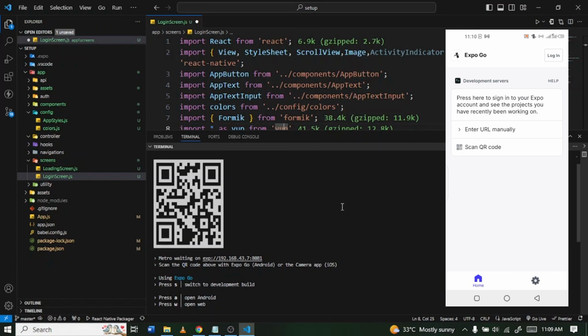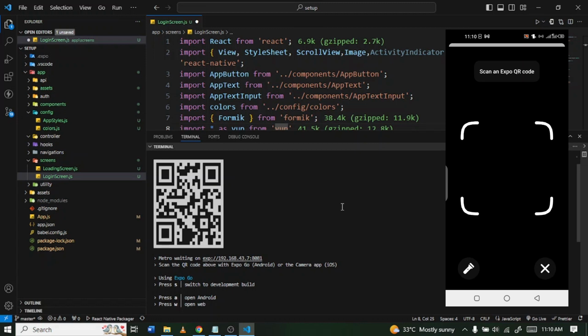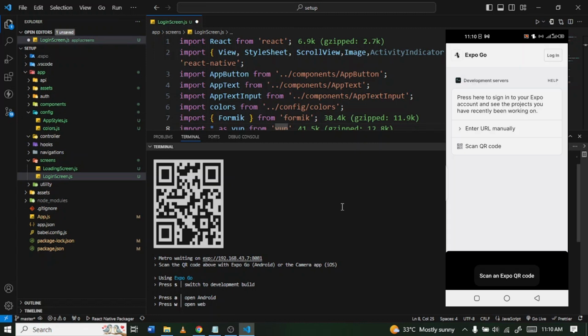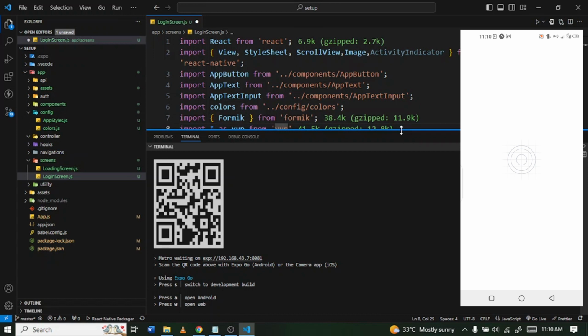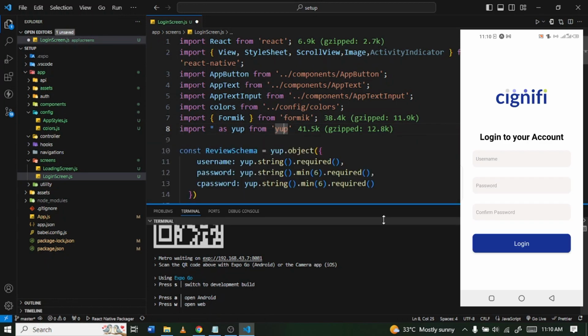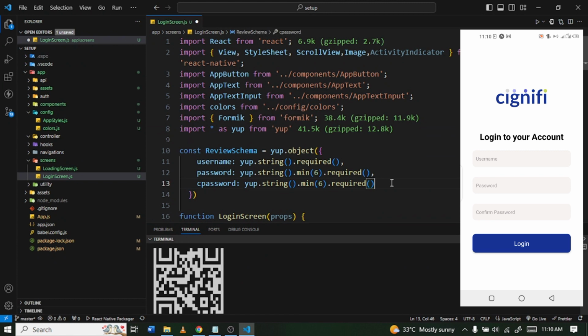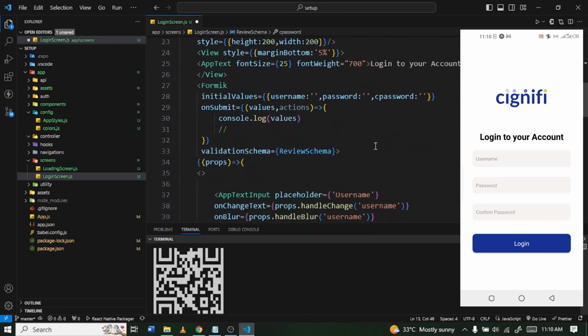All right, so our Metro bundler is ready, and I'm just going to scan the QR code. All right, so you'll be fine to go with this. So let's wait for it to finish building. All right, so as you can see, the splash screen, and we have our loading screen, login screen. Okay, so right here we've imported our activity indicator,